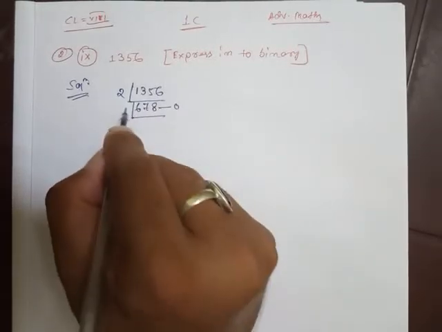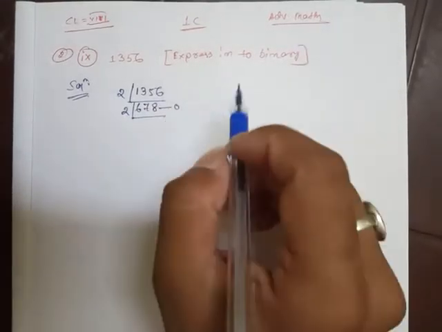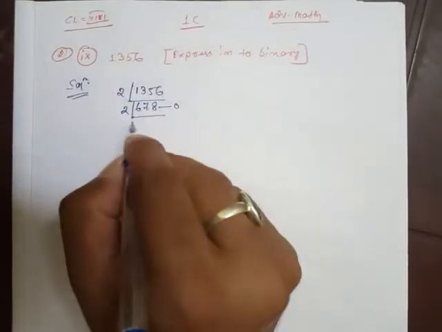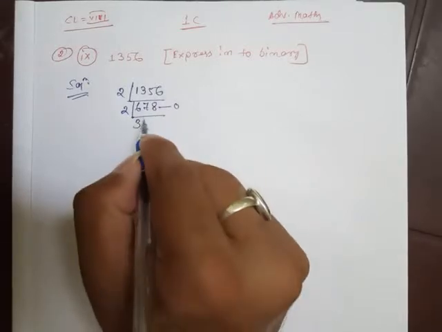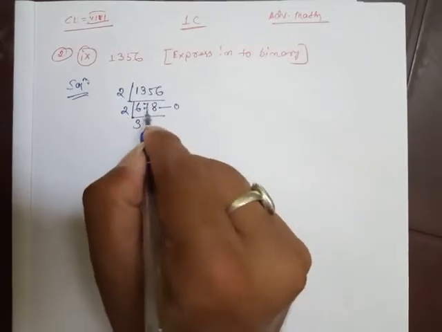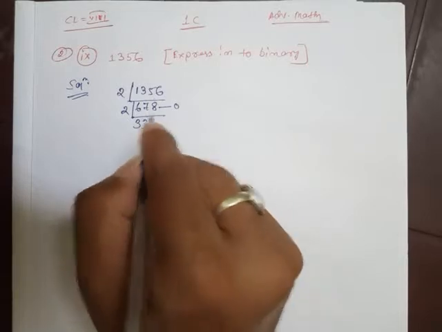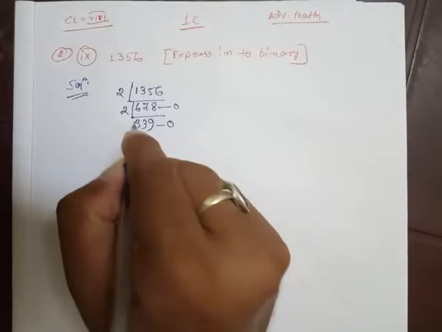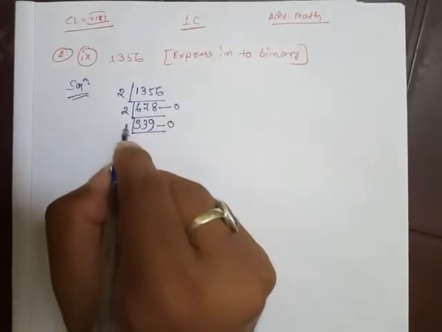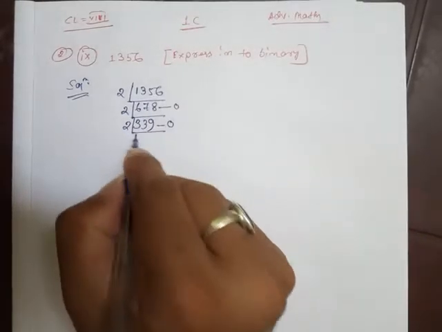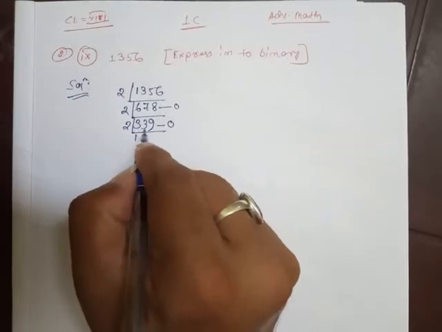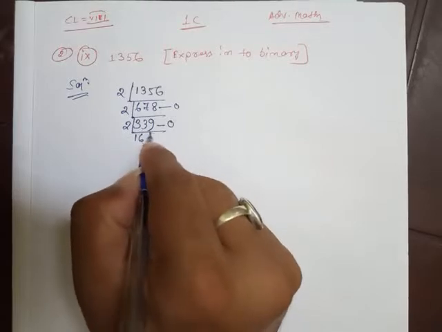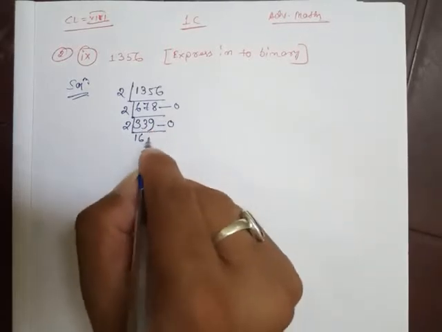Now again this will go for further division with base 2 only, because the question says we have to convert this value into the binary. Now 3 2s are 6, again 3 2s are 6, 7 minus 6 is 1, then 18, which means 9 2s are 18, again the remainder is 0. Now go for the further division again with 2, 2 1s are 2, 3 minus 2 is 1, and then 13, 6 2s are 12, 13 minus 12 is 1, then 19.